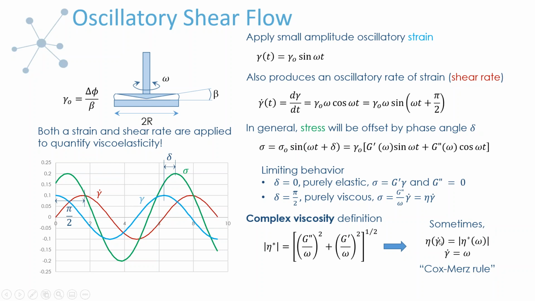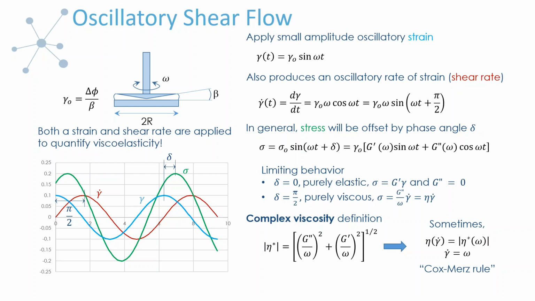And the reason this is beneficial is that oftentimes it's easier to get data at low frequencies than it is to get data at low shear rates. And so when this applies, then you can often get more data at the lower frequencies, which then is equivalent to data at lower rates, without the challenges and experiments that you get when trying to go to extremely low shear rates. So it has an experimental benefit, if you will, of convenience.